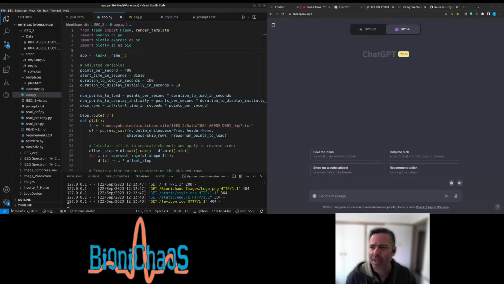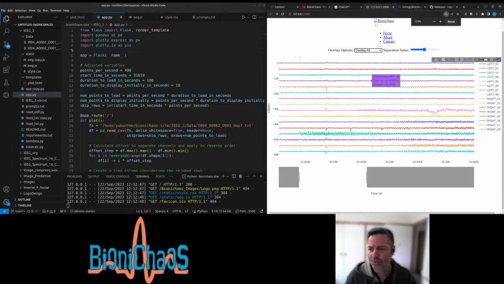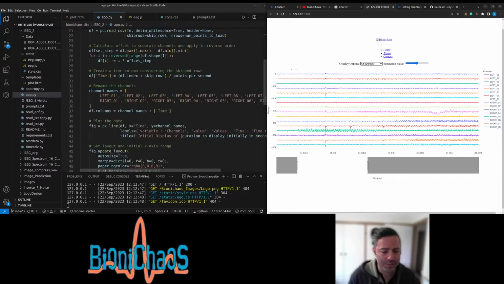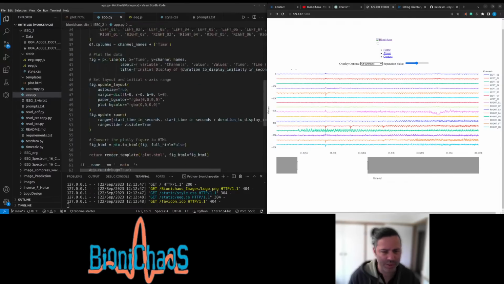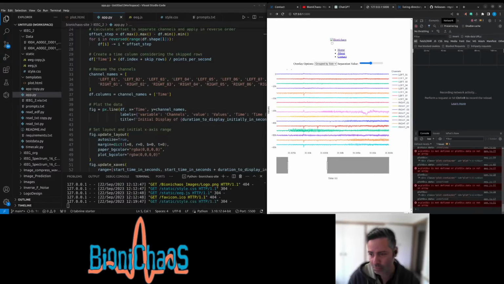So currently we're having a few issues. One being, I want to change the overlay options and group the channels in different ways. So the off option, which is default, should look like this. It should have all the channels in maybe different colors. I don't really like the colors, but I don't mind it. But then you could group them by side. So you have 8 electrodes on the left, 8 electrodes on the right. This should turn them into side by side. That doesn't work at the moment. So this is what we're trying to check.